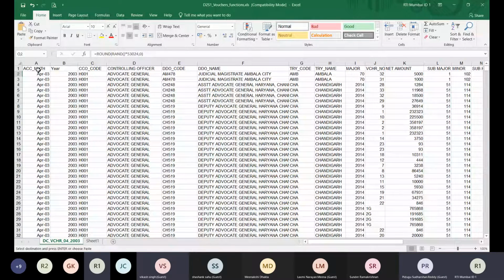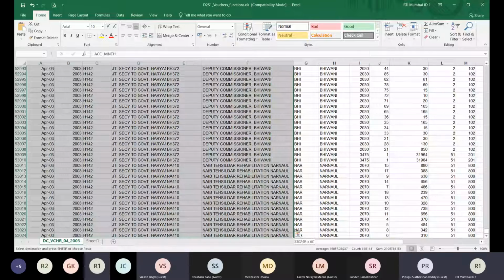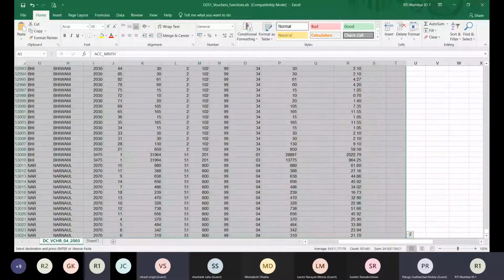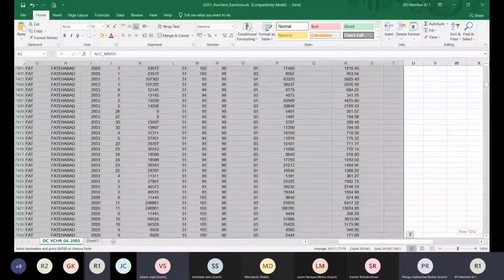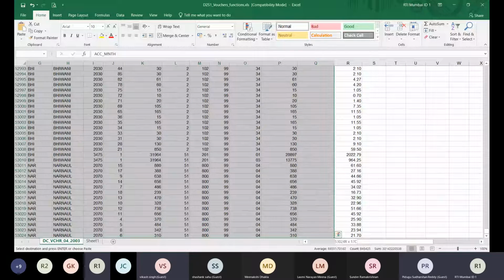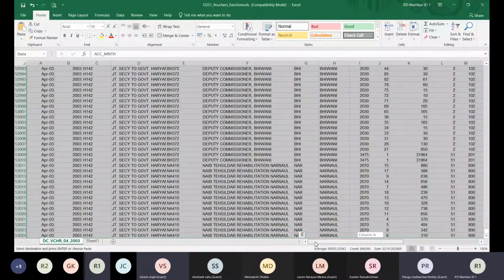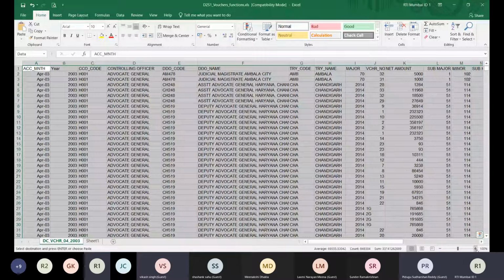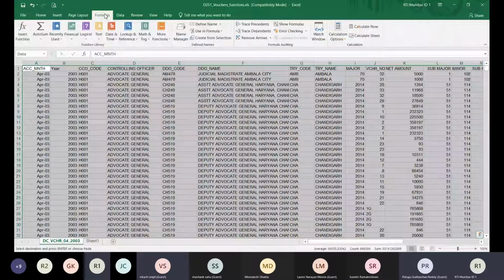This is the data. The full table is there where round, bonus, everything is coming. I don't want this, so I'll remove this up to Q. No, P. Up to P I am taking. So this is my data. Now, every time I have to select from 1 up to the end, and this is actually my data which I know. So what you can do now, you can go to the formula, name manager, and for this